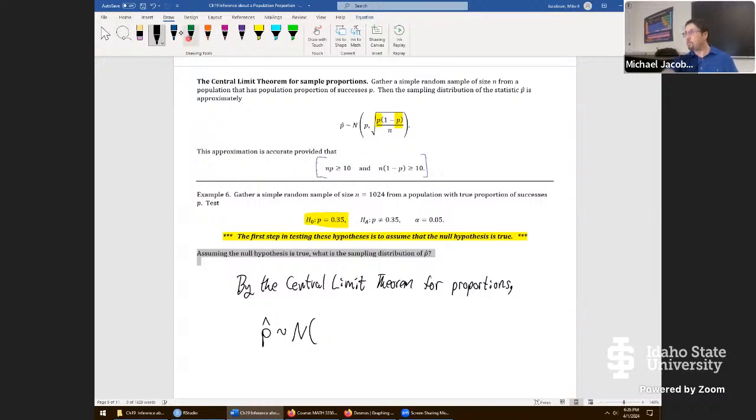Normally, we'll put in, for this location, the true value P, which is 0.35. Then in the second position, the standard deviation will be the square root of 0.35 times 1 minus 0.35,